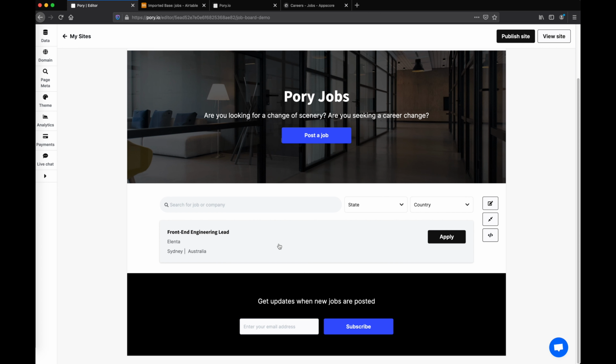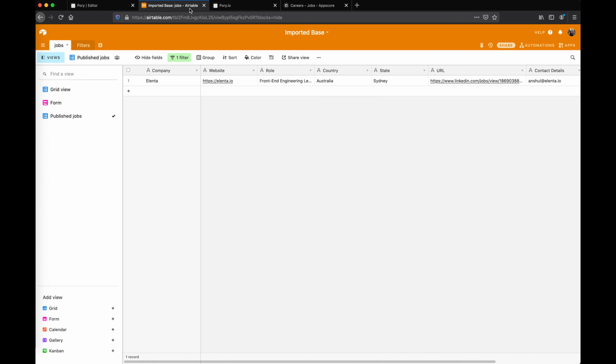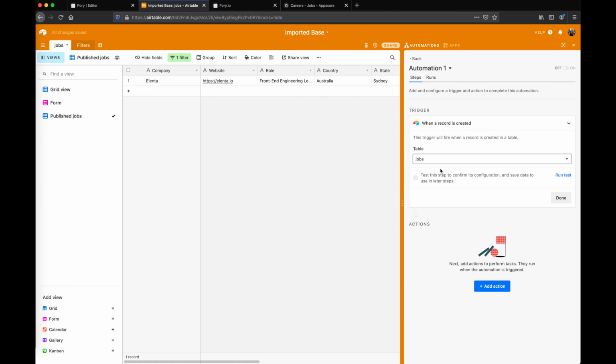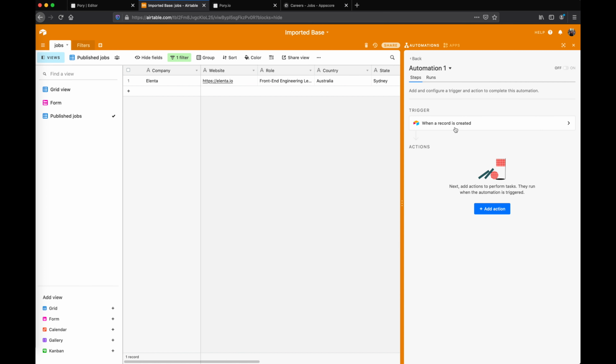Now I know the first idea is not an automation, but we do need this set up for the automations that we'll now build. So the first automation that I've mentioned was receiving a Slack notification when someone submits a job. So let's head over and open automations. Now we could update trigger. So let's say for our jobs table, so done. When a record is created,